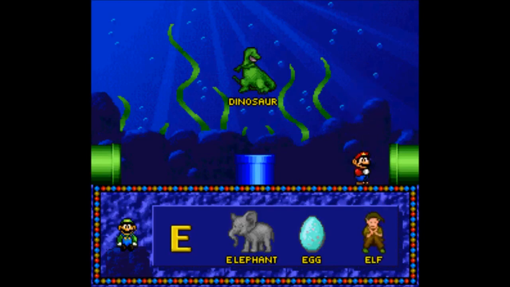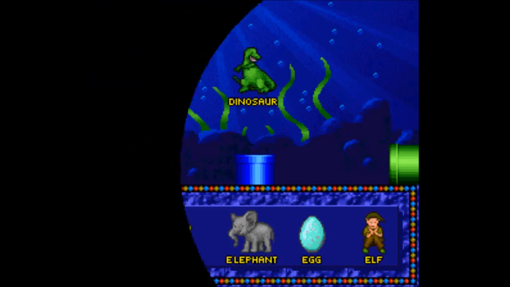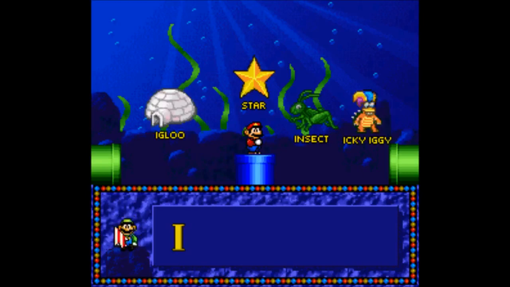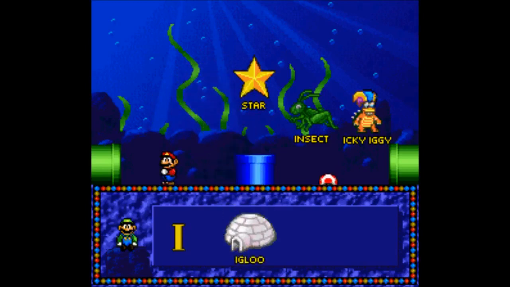You picked elf that starts with E. Elf. Show me the word that starts with the vowel I. You found it! You found igloo that starts with I. Igloo.